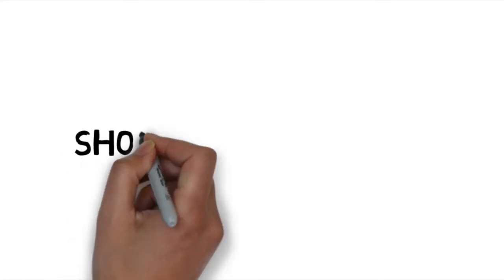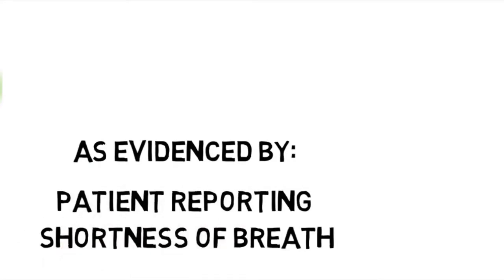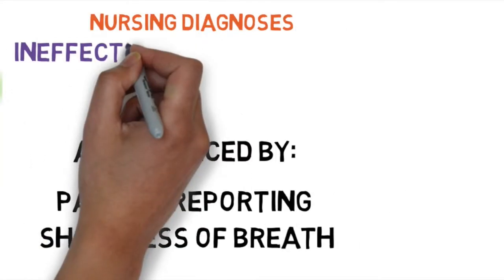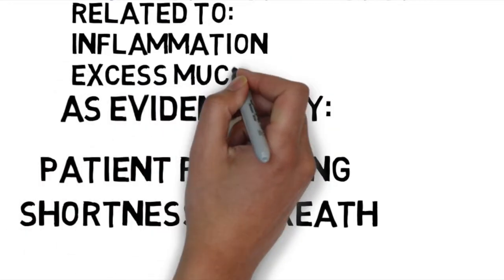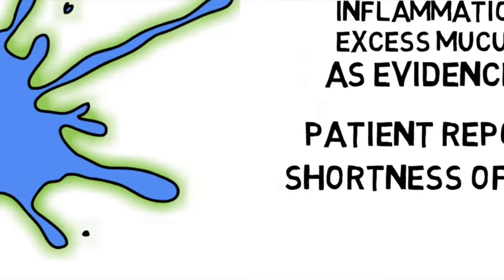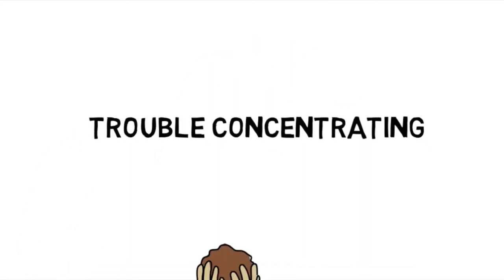Now he has to bring his evidence. How does he know that this is an appropriate diagnosis? Because you have been short of breath. So, he adds, as evidenced by patient reporting shortness of breath. So his nursing diagnosis is ineffective airway clearance related to inflammation and excess mucus production, as evidenced by reports of shortness of breath. Nurse Sherlock also sees how hard it is for you to concentrate because of your throbbing headache